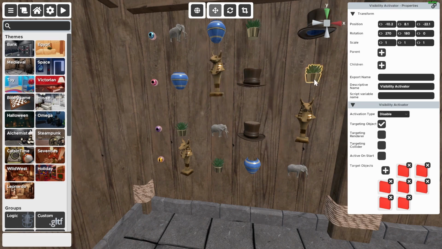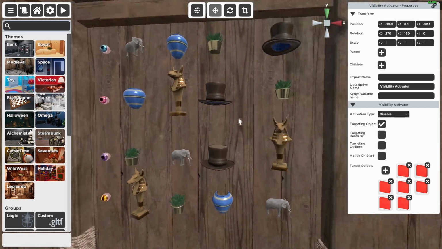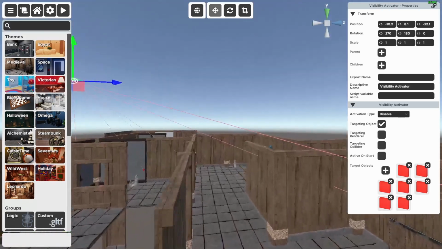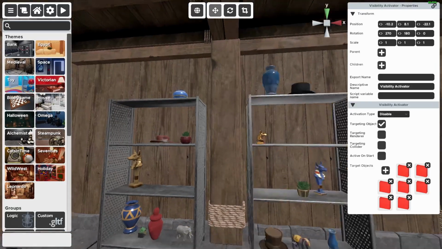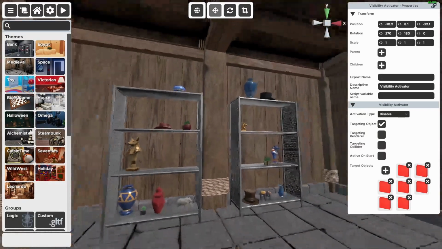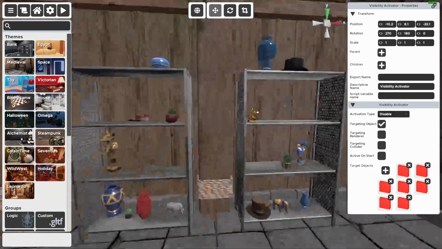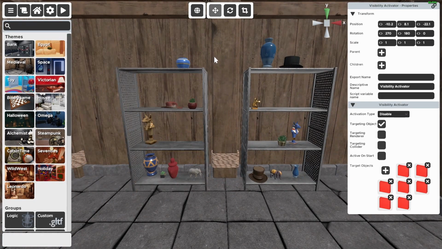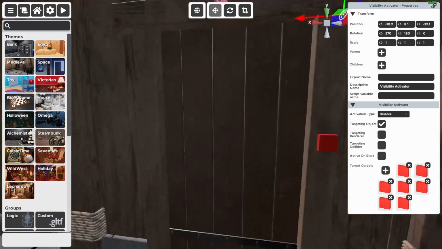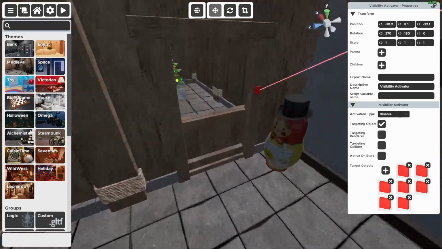The interesting thing which I wanted to do here is that, although it's pretty simple from player two's vision, that it's a blue vase and then this jackal, a hat, and then a plant, from player one's perspective, there are multiple blue vases and multiple different jackals and multiple hats and multiple plants. So they have to try and communicate with each other to work out which of the different vases is the correct one, which of the jackals is the correct one, and eventually they'll work out that it's this one, and then this one, and then this one. And then this door will open, allowing player one to progress into this section,